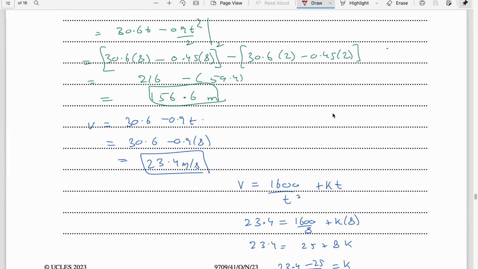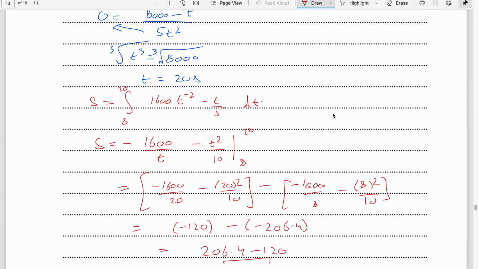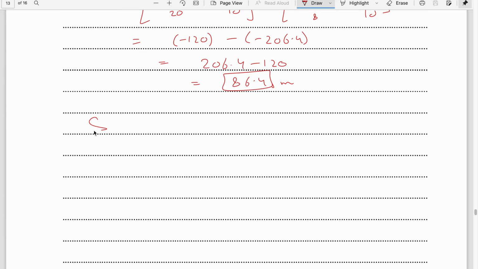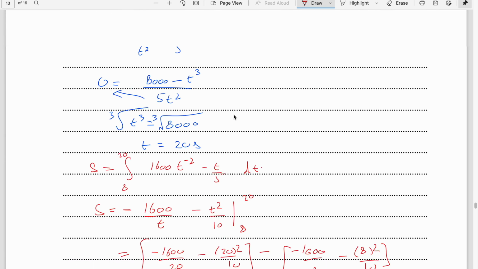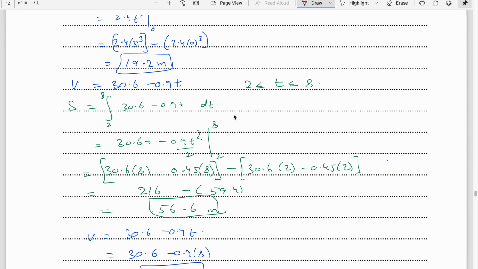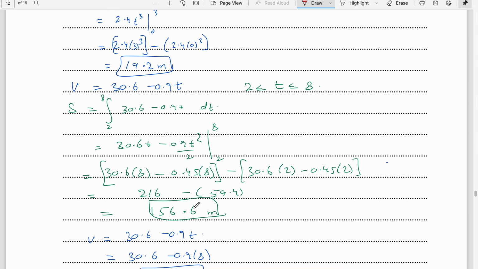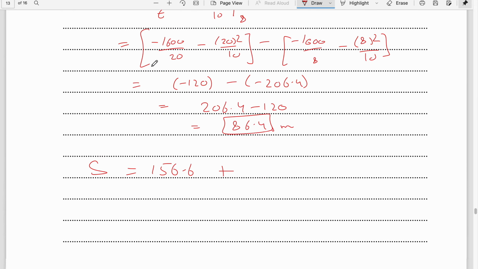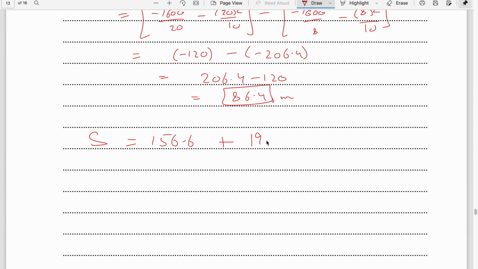Now we bring all the three values. The first value was 19.2, the second value was 156.6, and the last one is 86.4. Adding them up gives you